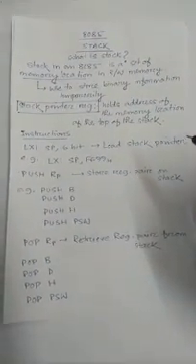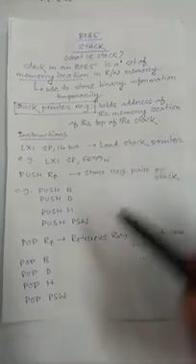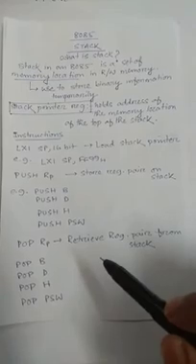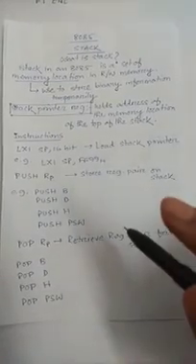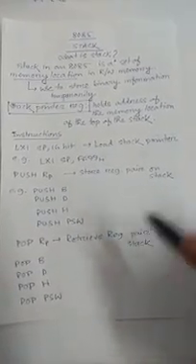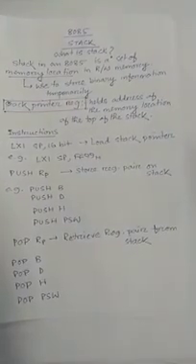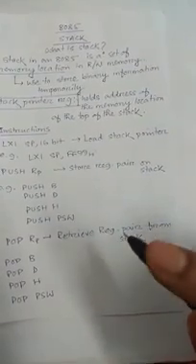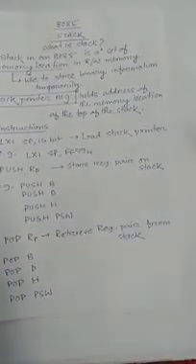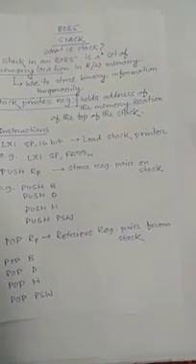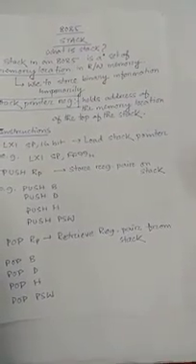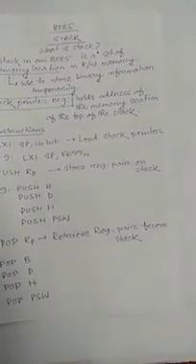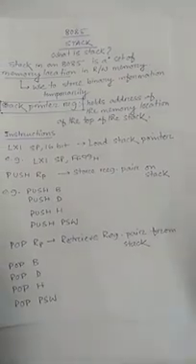Similarly, to delete data from the stack, we have to use the instruction POP RP. This instruction is used to retrieve a register pair from the stack, which is also a 1-byte instruction, and it copies the content of the top 2 memory locations of the stack into the specific register pair. First, the content of the memory location indicated by the stack pointer register is copied into the lower order register, and then the stack pointer register is incremented by 1, and the content of the next memory location is copied into the higher order register, and the stack pointer register is again incremented by 1.